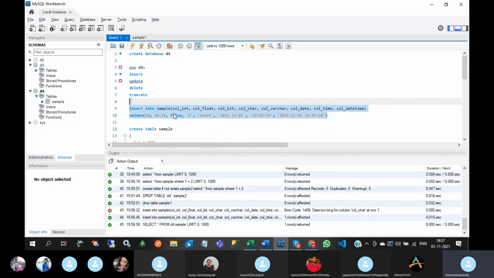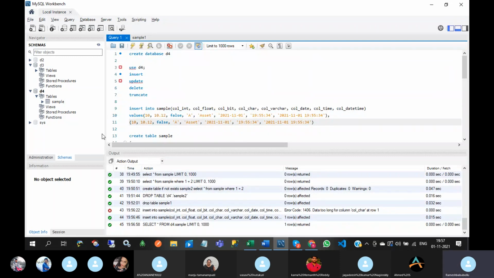So this is the insert query, but if you want to insert more records, how to write the insert query? That means I want to insert multiple records by using a single insert query. Then put a comma and copy this. You want to change the values.